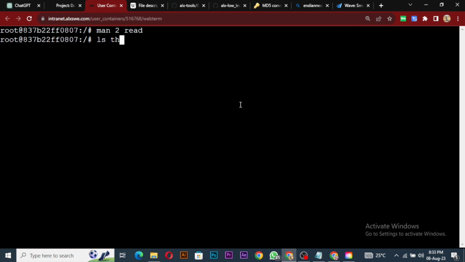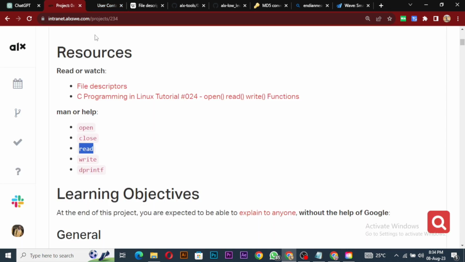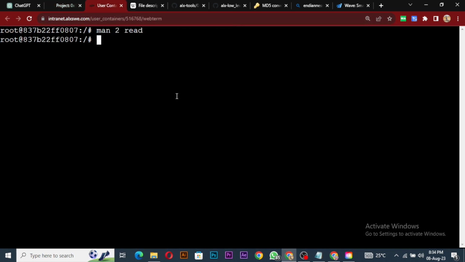All these things can get stored inside read. Read will hold them, and then you can use write to display them to the output, right? So basically these are some of the things that these guys do. Read and write,